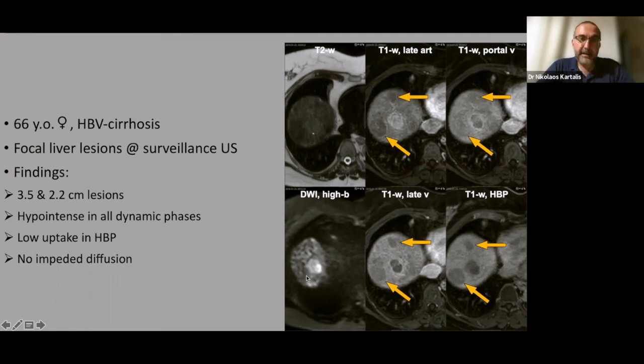So, Frederick, let's go to the last question. So the lesions are most likely malignant, meaning high-grade dysplastic nodules or HCCs, or benign, meaning regenerative nodule or low-grade dysplastic nodule. So again, just think of the LI-RADS categories or the EASL, the dual system, is it HCC or not? So LI-RADS probably would not be, this is for sure not a 5, but if you would guess, are these lesions benign or malignant? So Frederick, what are the results?